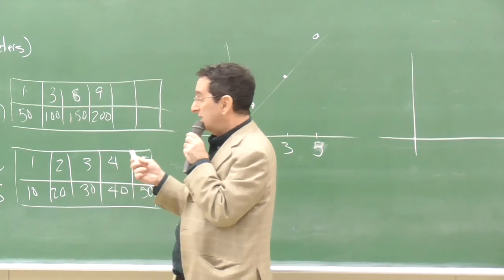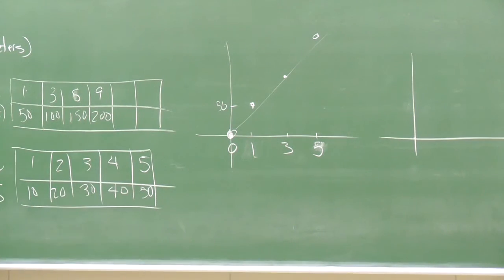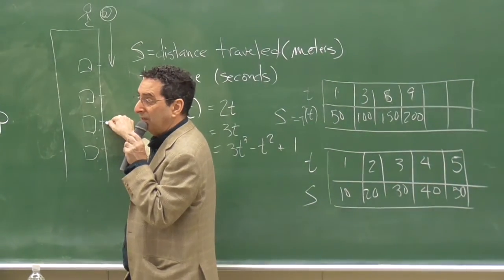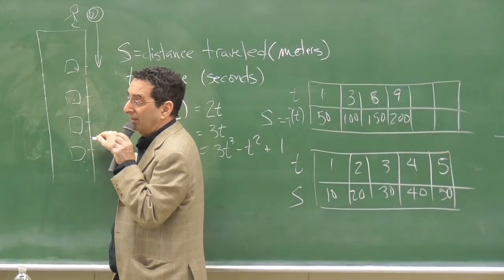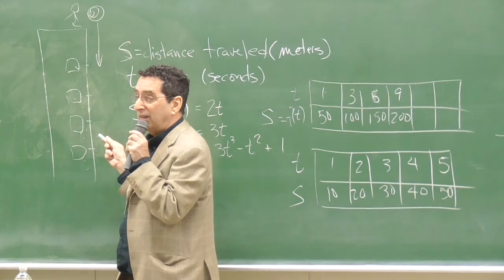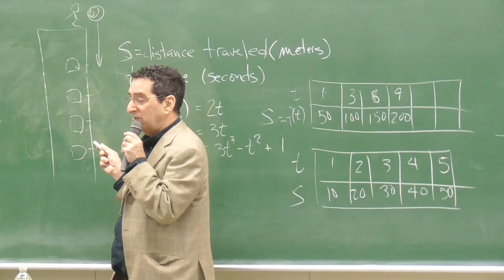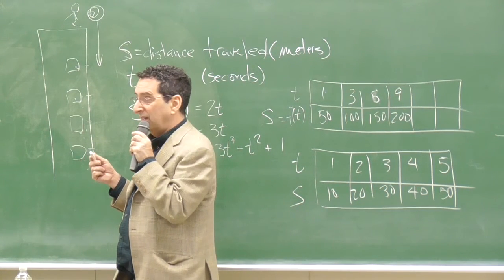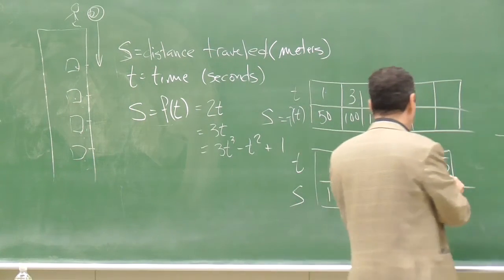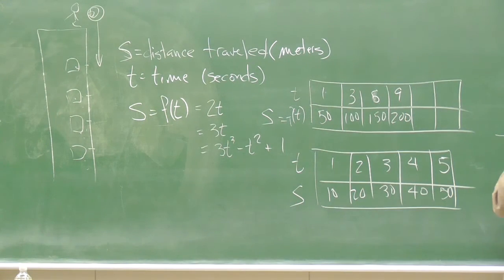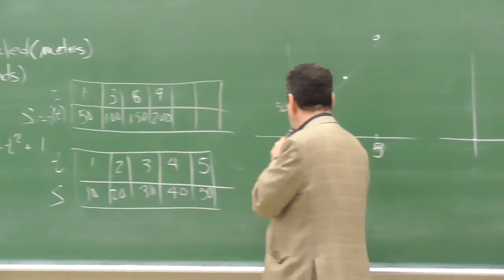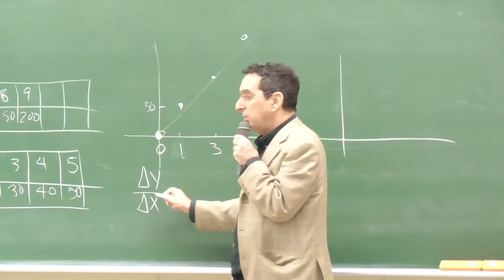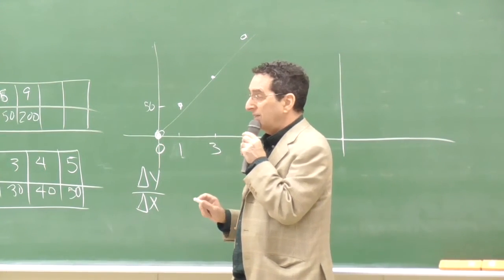So what I mean is, after 1 second, it's gone 10 meters. After 2 seconds, it's gone 20 meters. After 3 seconds, it's gone 30 meters. 4 seconds, what's wrong with that? There could be many things wrong with it, but one thing that should go against your intuition is, if we think about the same thing, delta y over delta x, the average rate of change, how do we interpret this in this problem? Because now it's not just